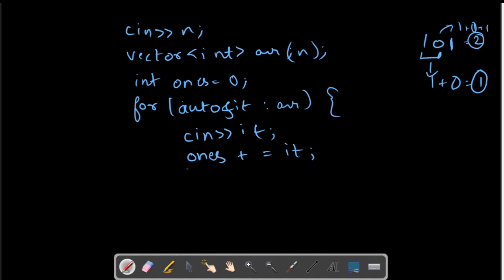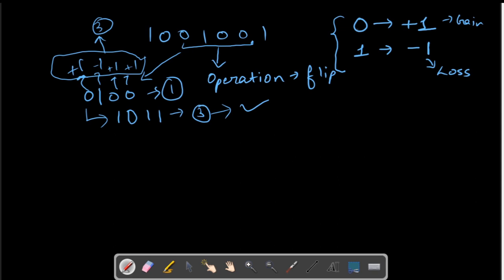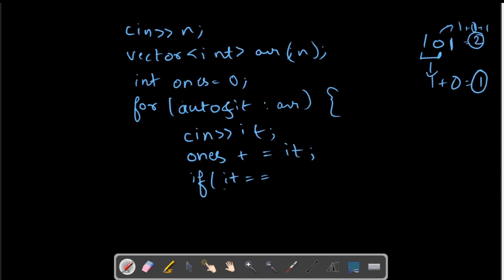And now what we can do is change that element. For changing, we have seen that if we have a 0, we have to make it plus 1, and if we have a 1, we have to make it minus 1. So let's do that. If it is 1, we can simply do this, no need of anything else, and we make it equal to minus 1.